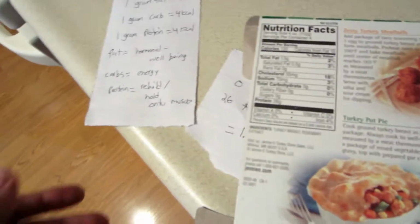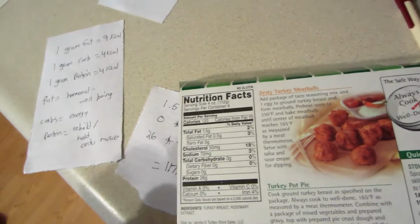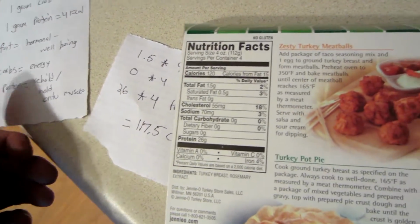So if you're cutting, I recommend getting at least 1 gram per pound of body weight. I get a little bit more just because I like carbs more than protein. It's personal preference. And you might ask,